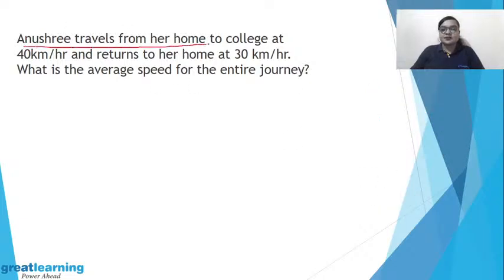Anushri travels from her home to college at 40 km per hour and returns to her home at 30 km per hour. What is the average speed, right? We know that average is nothing but the sum of all the elements divided by the total number of elements. So in terms of average speed, we can go in such a way that